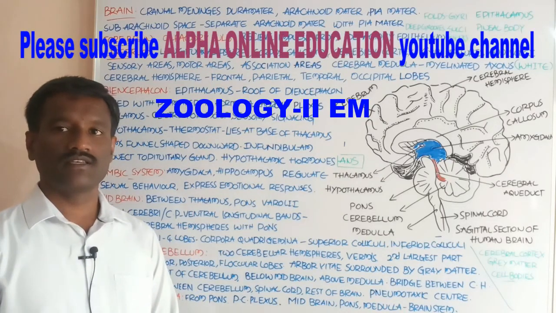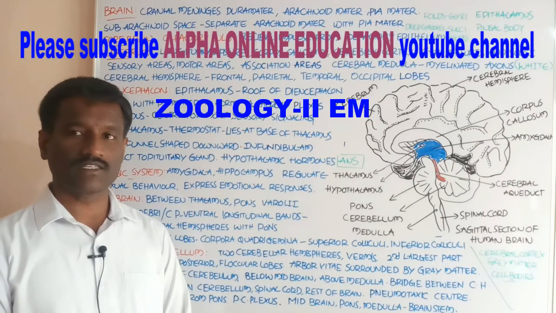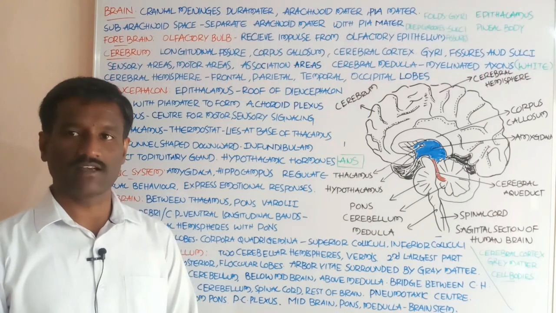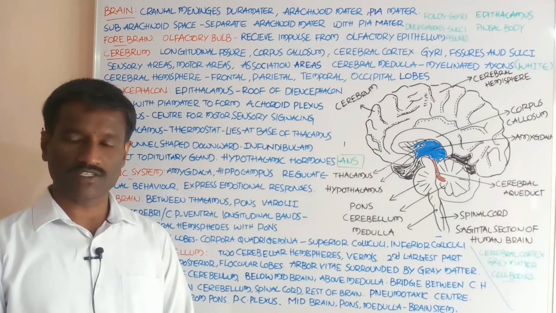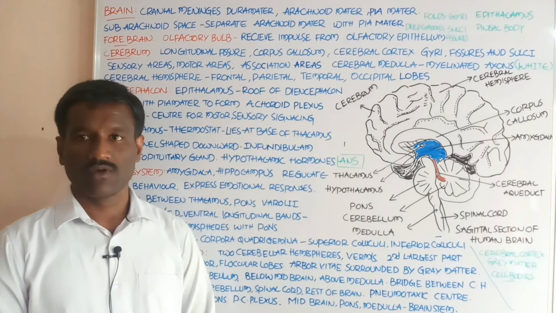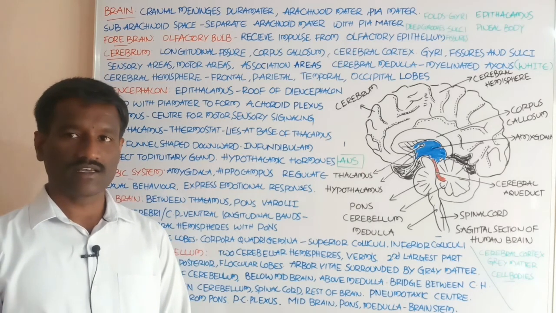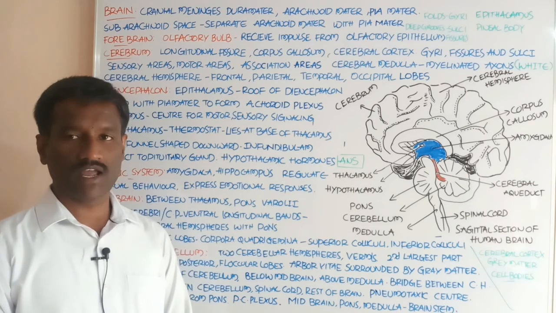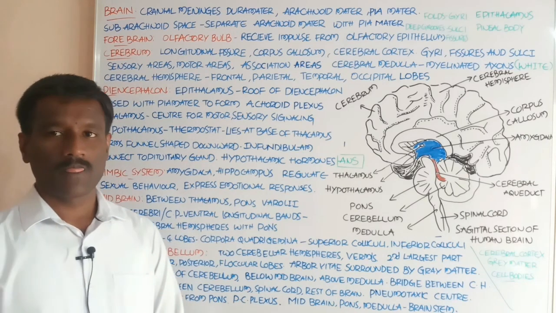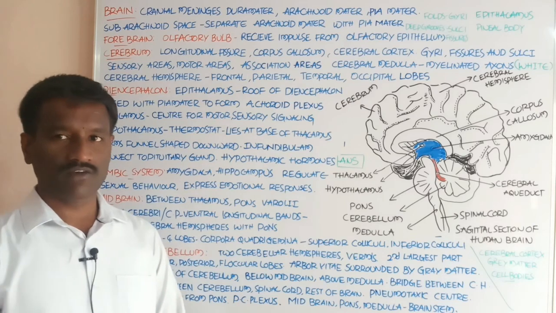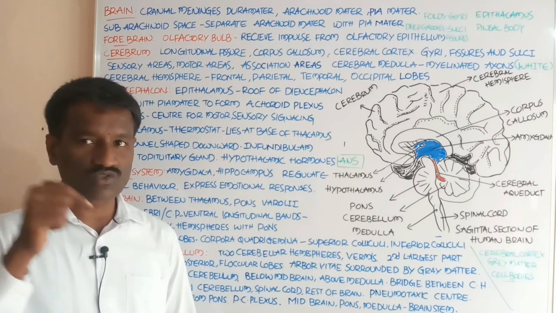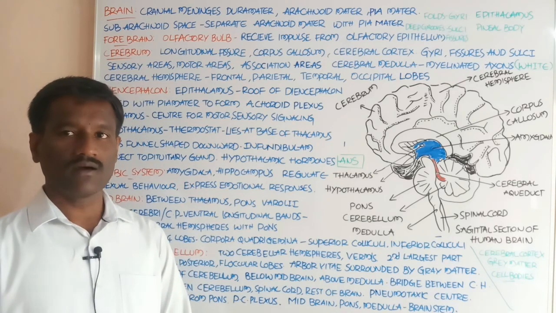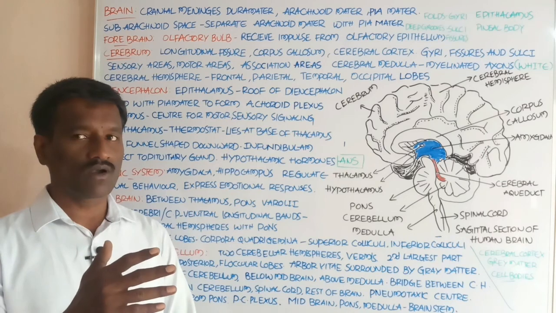Okay students, let us discuss the structure of the brain. It is part of the central nervous system and it is the main site for the control of information and processing. The brain is derived from the neuroectoderm in the embryonic stage, and the entire brain is enclosed in the cranial cavity. The cranium is also called the brain box.